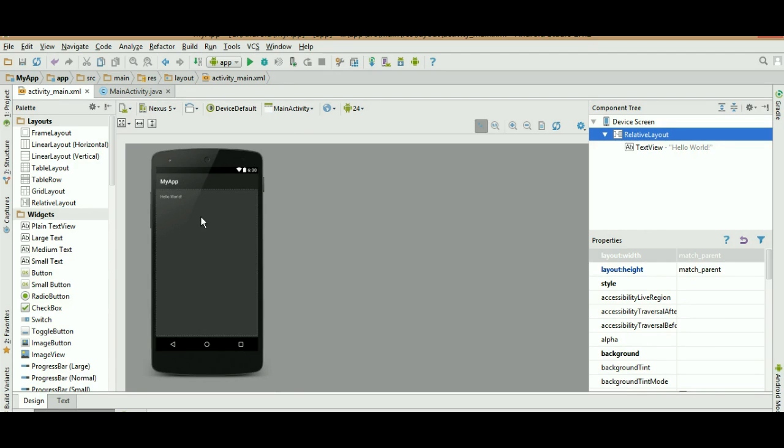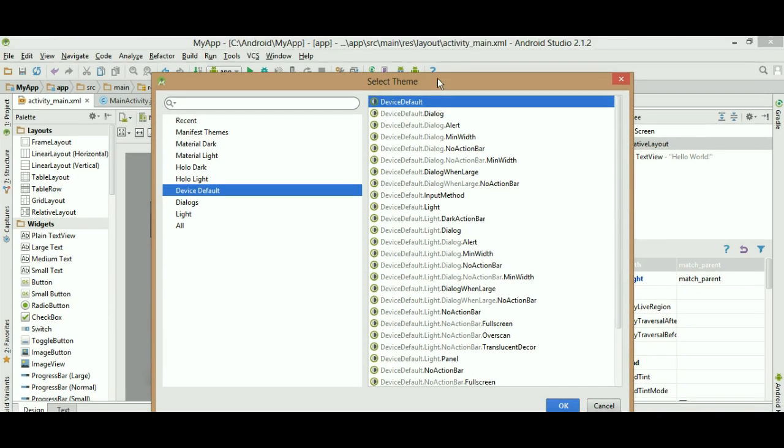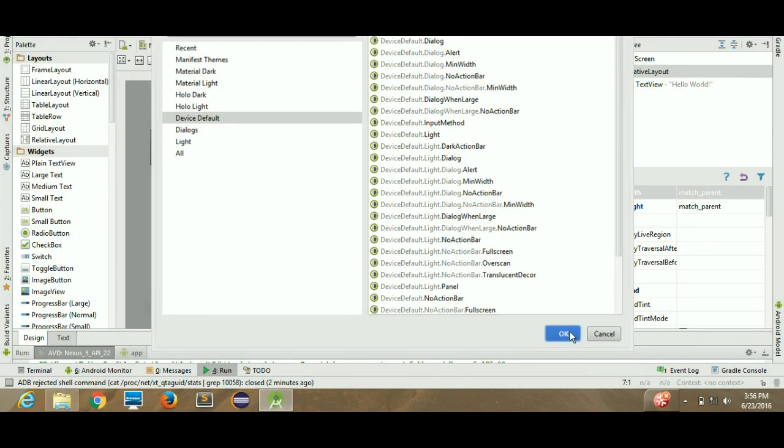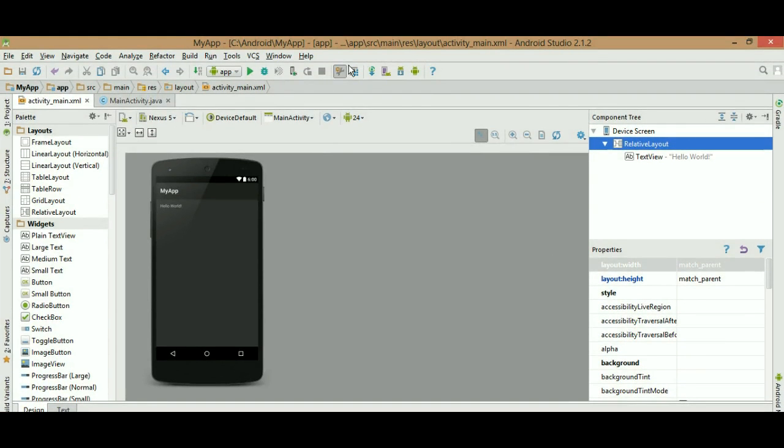Now I will show you how you can create your emulator. Before that, I will also show you how you can select your theme. If you want to select any theme from here, you can select that. I have selected the default theme of the device. I will choose that, and now, in order to create the emulator and to run the emulator, what I will do,